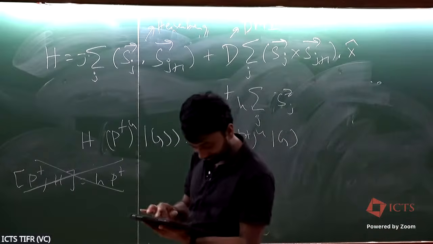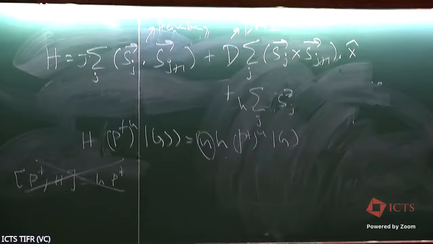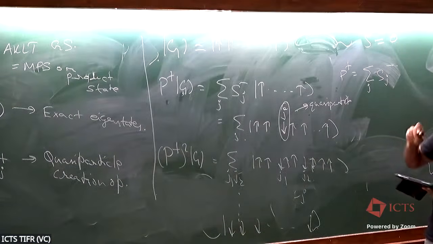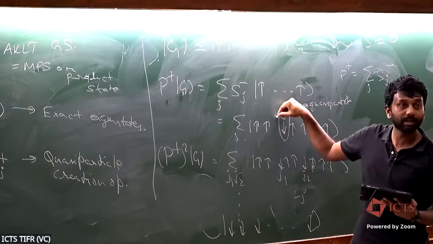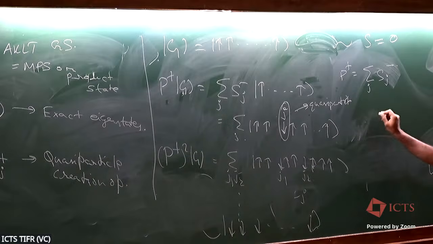Thanks for reminding me. I said that these are ETH violating. So what does that mean? I said that these are not volume law entangled. So how do you see that? This has an area law entanglement. The entanglement entropy is just zero, since it's a product state. Now, if I put in one quasi-particle on top of a product state, the entanglement entropy would be something like log 2. This is an easy calculation to do.